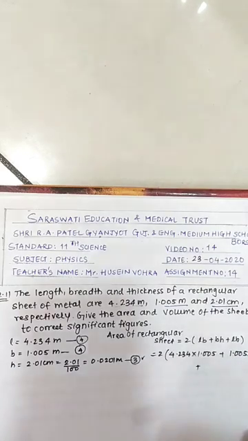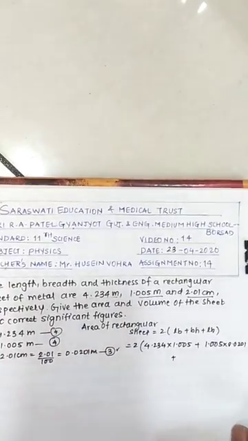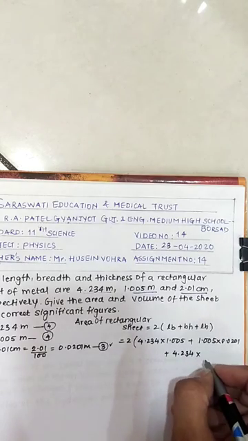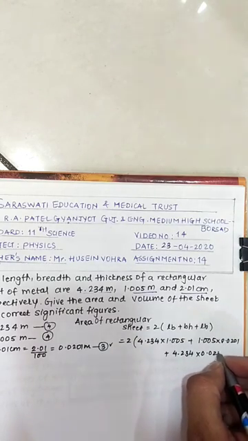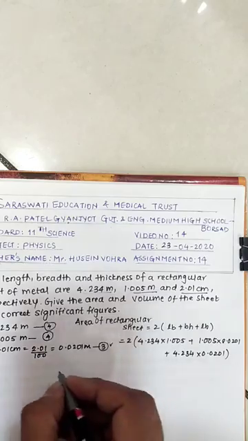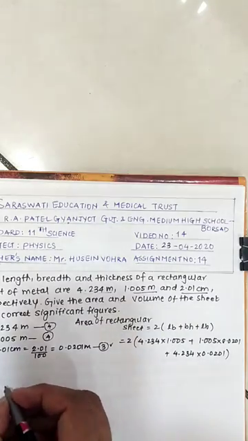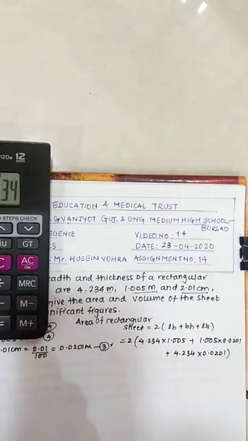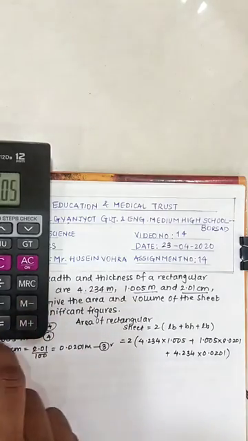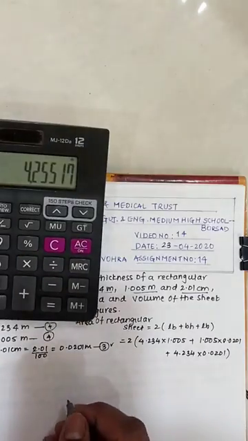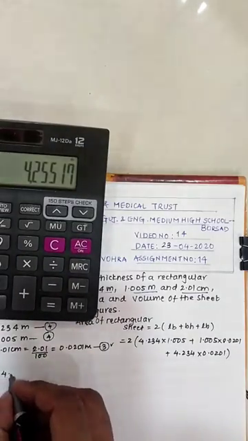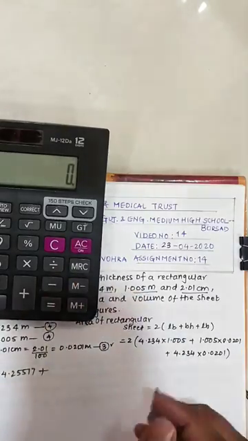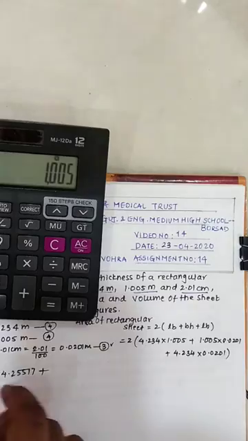0.0201, plus length 4.234 and height 0.0201. Is this clear? Now calculating the value: 2 bracket, 4.234 into 1.005, your answer is 4.25517, plus 1.005 into